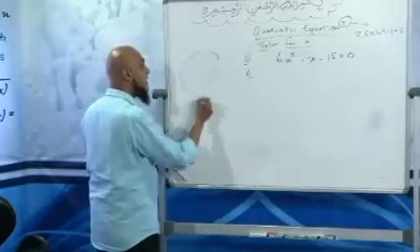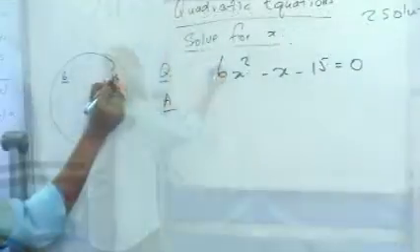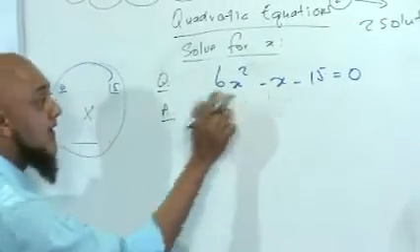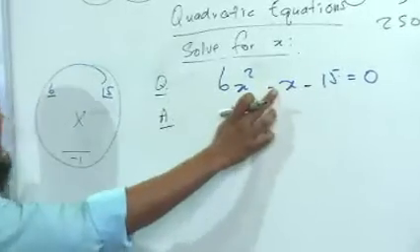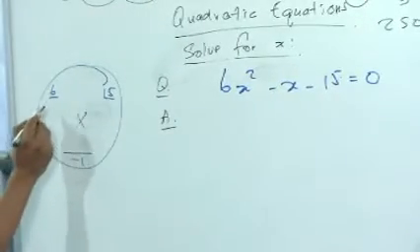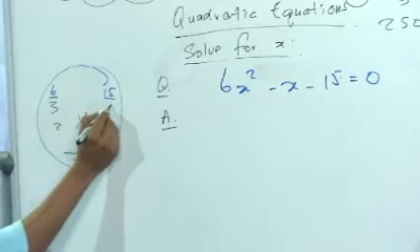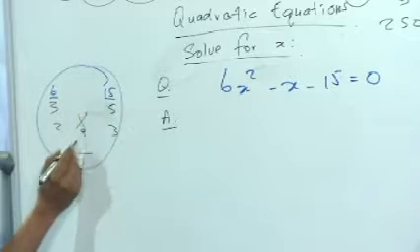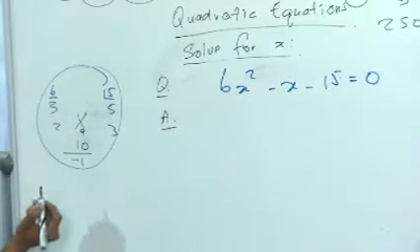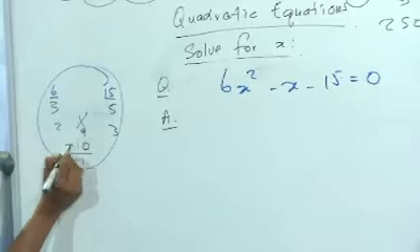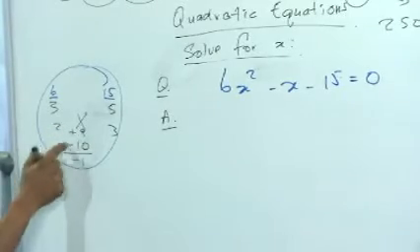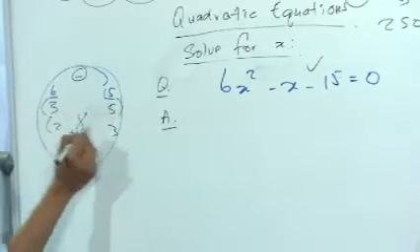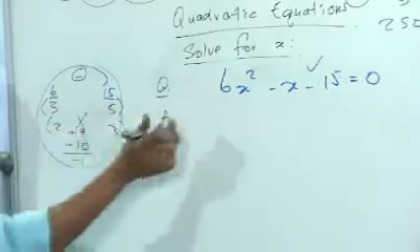So let's start. Snotkop, 6 and 15 in order, cross multiply to give you the middle term, which is negative 1. Remember, if there isn't a term there, that's 1. What are your factors of 6? 3 and 2. What are your factors of 15? 5 and 3. Cross multiply. 3 times 3, 9. 5 times 2, 10. Can a 9 and a 10 give you a negative 1? Yes, it can. This must be negative. That must be positive. Positive times negative is a negative. What's my last sign? Negative. So here goes 3, 5, 2, 3. Copy and paste.